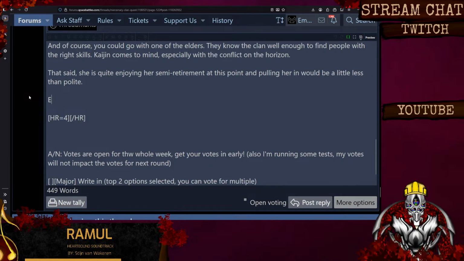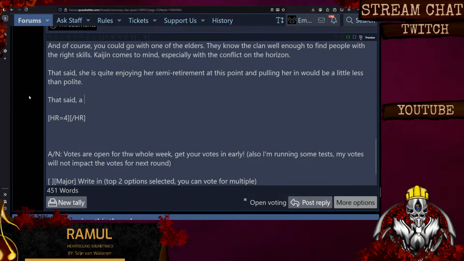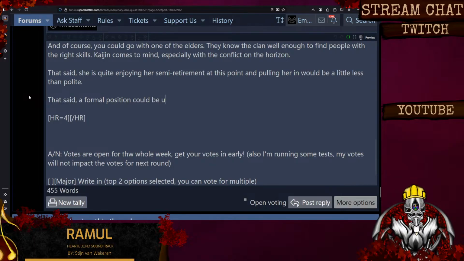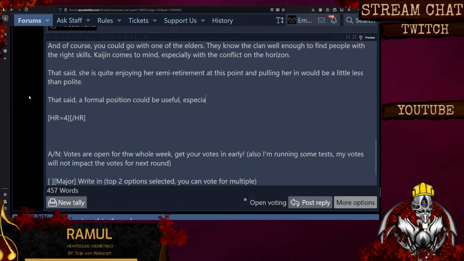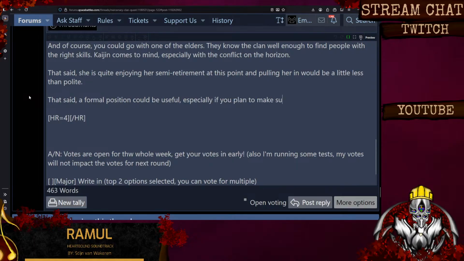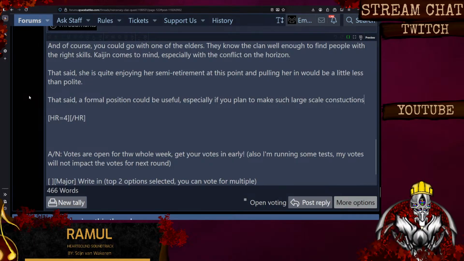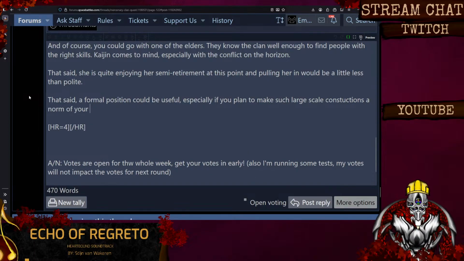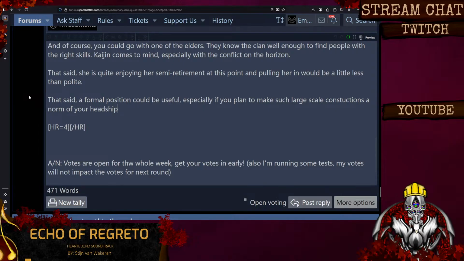That said, formal position could be, especially if you plan to make such large-scale constructions a norm of your